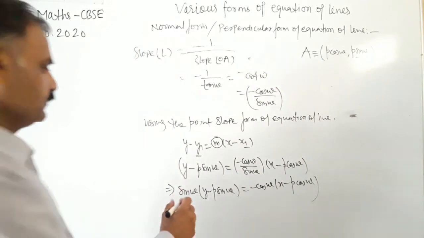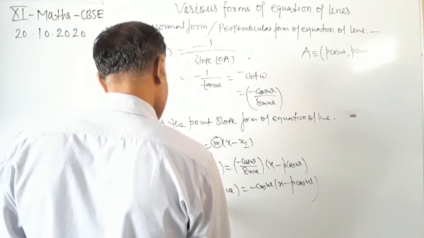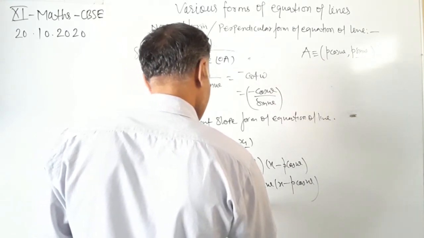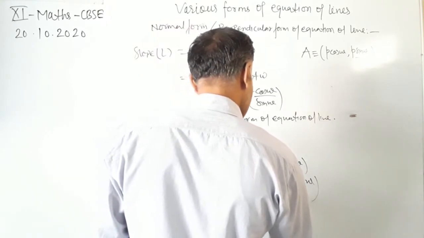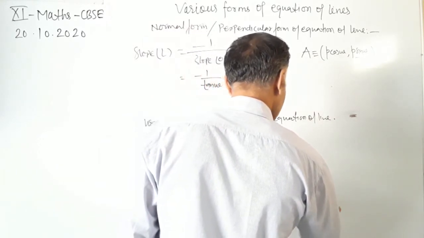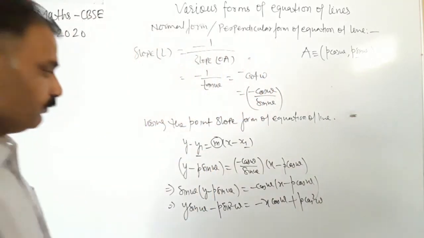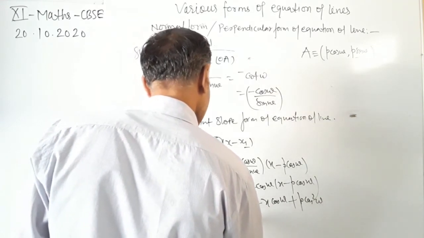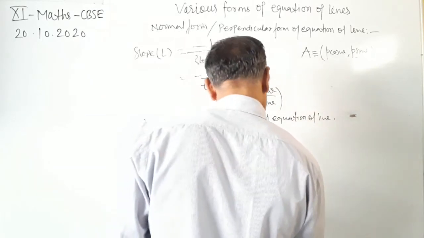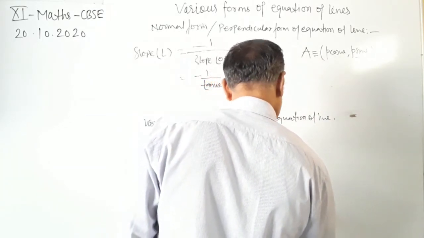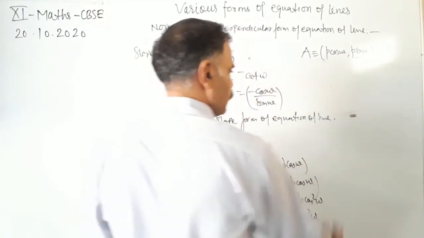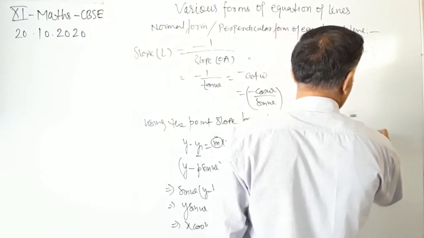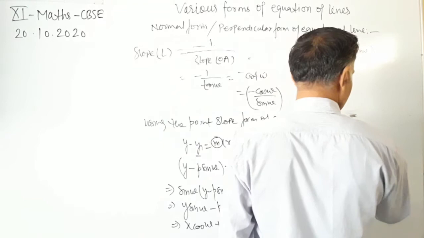Okay, now multiplying this we will have y sin omega minus p sin square omega equals minus x cos omega plus p cos square omega. Now solving this we will have x cos omega plus y sin omega equals p cos square omega plus p sin square omega. So x cos omega plus y sin omega equals, taking p as common, cos square